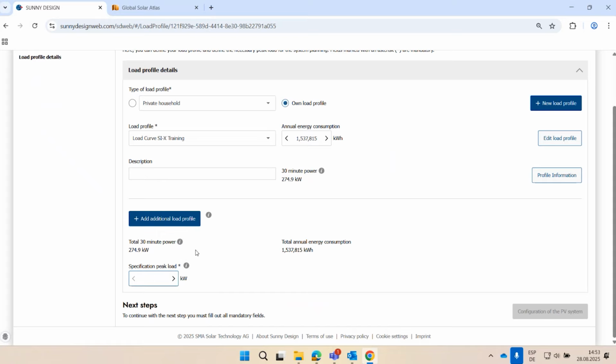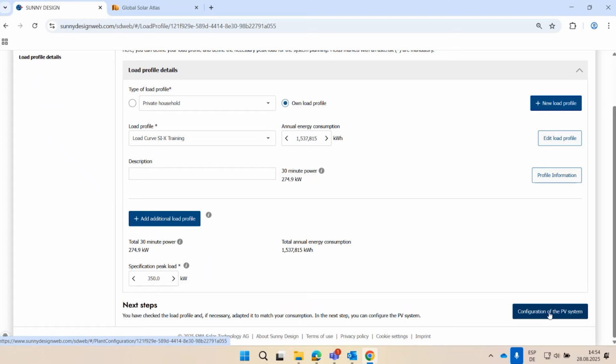In my case, I will go up to 350 kilowatts. Why? Because this will be the minimal number of Sunny Islands that the system calculates. So in this case, 350 kilowatts means that the number of Sunny Islands will be 7. Why? Because every Sunny Island has 50 kilowatts. So 7 times 50 are these 350 kilowatts. But let's calculate and see if I will get 7 or more. I mean, 7 will be the minimal number.